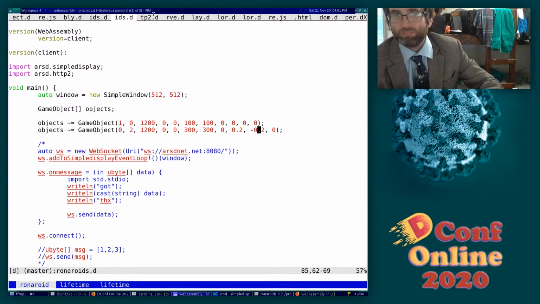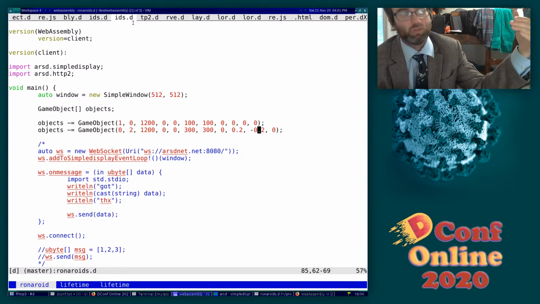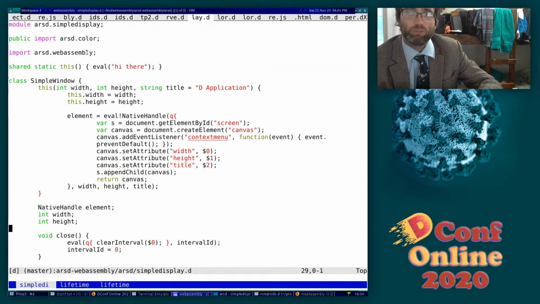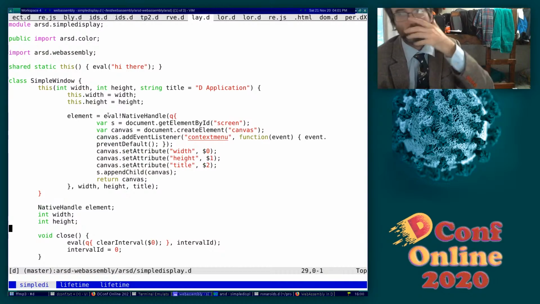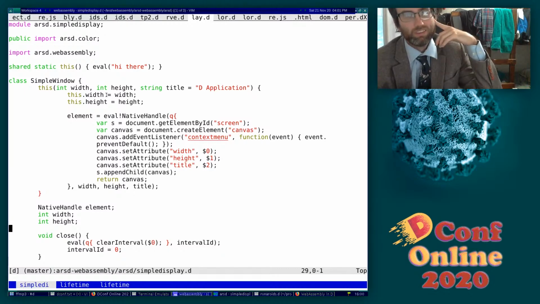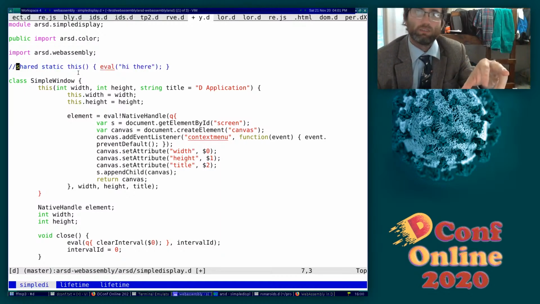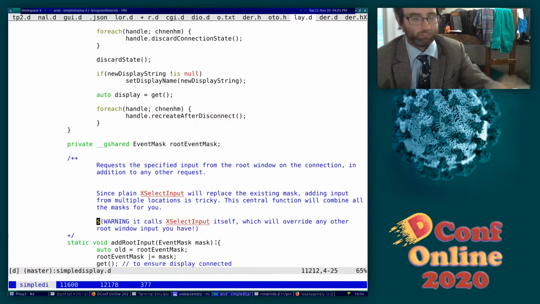But what I did for WebAssembly, instead of compiling that whole program, which has a lot of platform-specific code, was create a new program that implements the same classes as I need them, that actually calls back out to JavaScript. I don't need that. Anyway, so when I do new simple window on Windows and Linux, it calls out to this monstrous